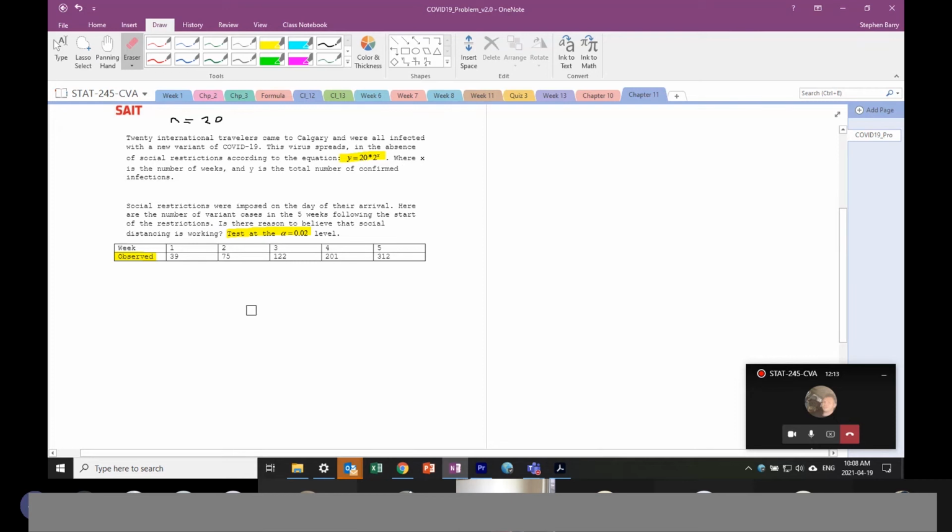All right, so how would we approach something like this? The way we're going to approach this is that we have an observed number of cases. There's 39 cases after week 1, 75, and so on. This is the actual observed cases. And what we need to figure out is, does this agree with what we should expect to see? So all of chapter 11 problems are what's called a goodness of fit